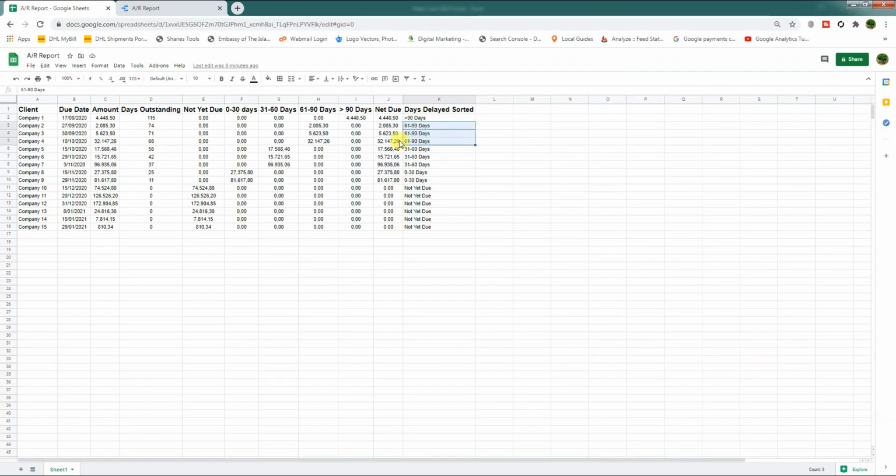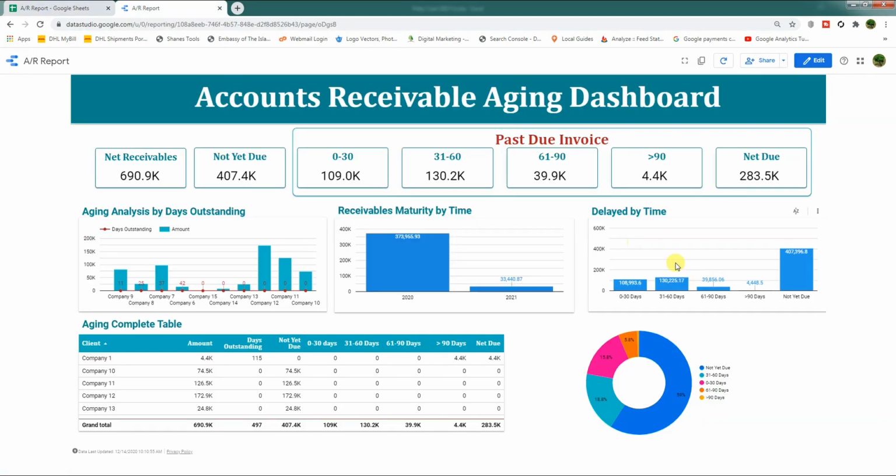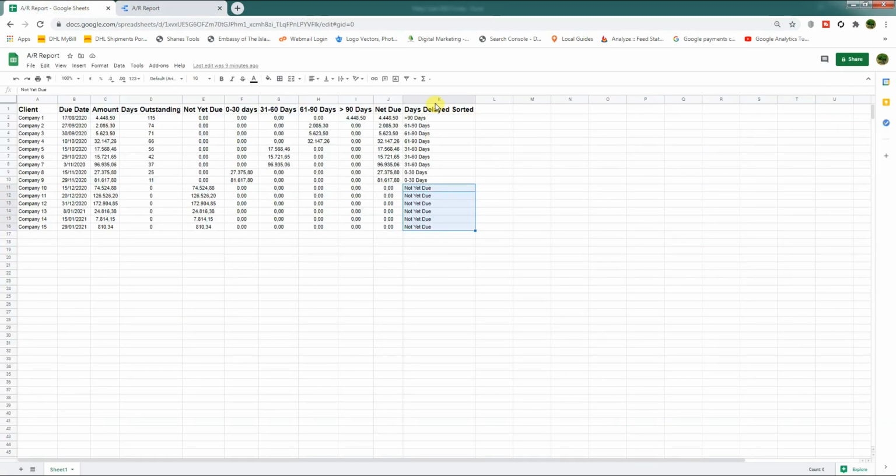These three invoices are more than 60 days to 90 days. These three invoices are from 31 to 60 days, and these two are 0 to 30 days. Others are not yet due. So here you see 0 to 30, 31 to 60, 61 to 90. This chart is giving us complete information according to this column. So this is the right way to use the Google Sheets data source, which we will now connect to our